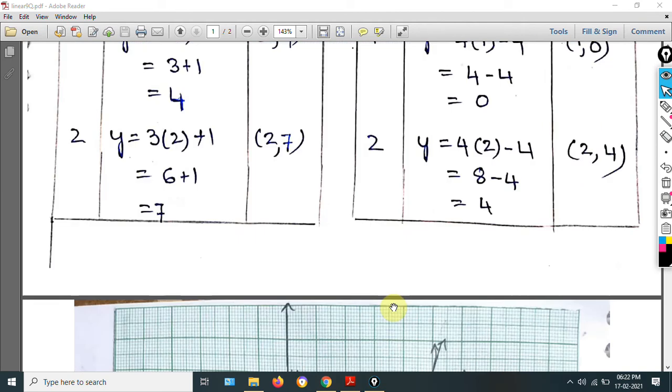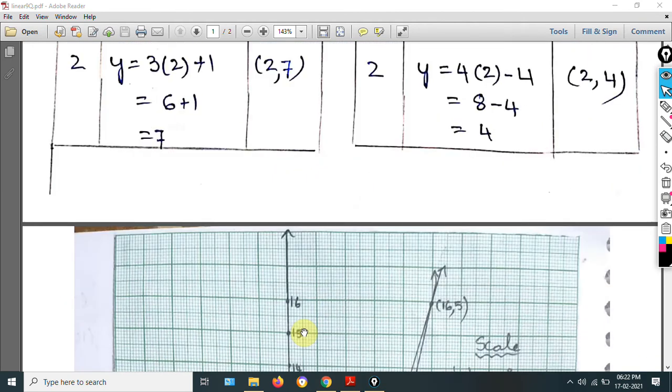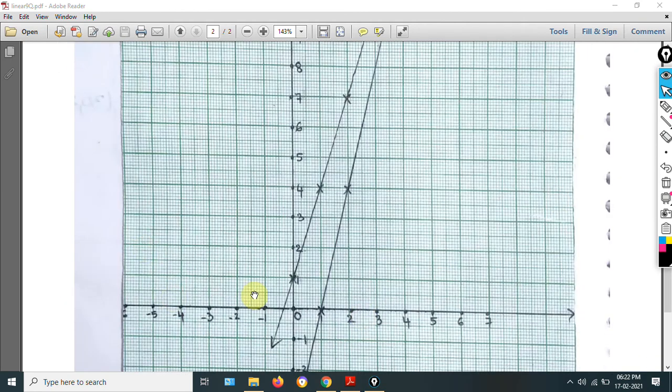Okay, now we will see what points he gave. 0 comma 1 he gave. So 0 comma 1 we will write here first. I am taking the pencil. 0 comma 1. Always this side is the x value and this side is the y value. So on the x-axis, where is 0? Here. From this position we have to check where we are getting the y value. How much is y? 1. So from this position we are getting it here, so we will put one cross mark here.